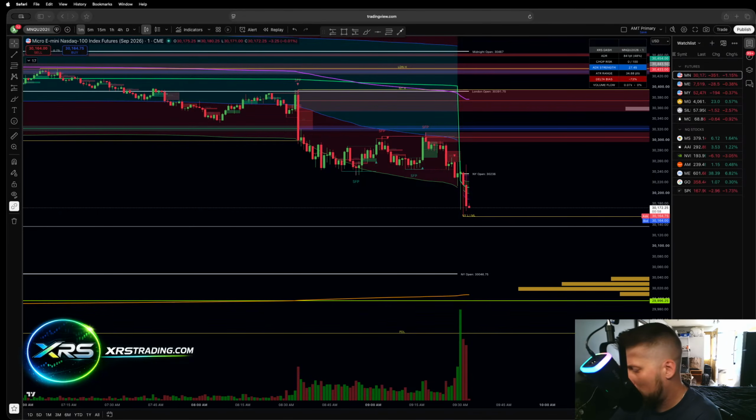I'm going to be looking for a pullback here and then a re-entry short if I can get it. We're going to try to short it right out of this level. Might get smoked on this move if it pulls up, but